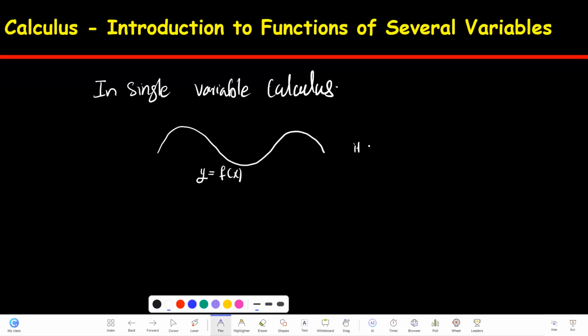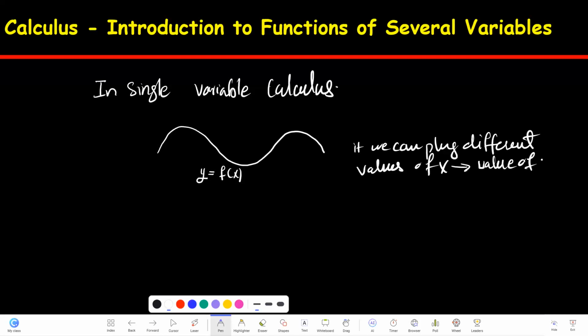It means we can plug in different values of x and then we can produce a value of y, right? So this is a single variable function, we call it, and basically